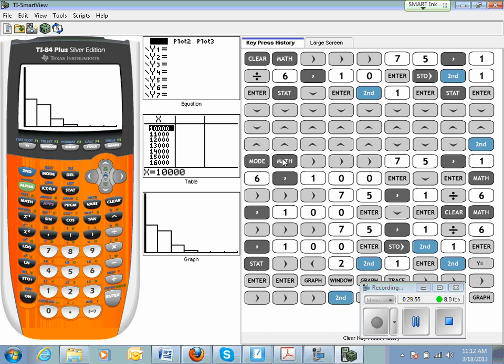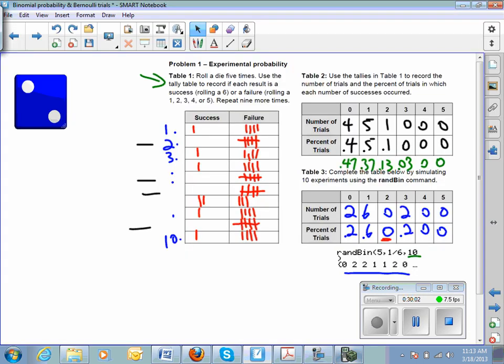53 zeros. Okay, so that's fairly close to what my outcome was. 36 ones, 8 twos, and 3 threes. All right, and that one was dead on. So your numbers and mine, when we ran 100 trials, were, I guess I should have put that down here, but I don't have room. But with 100 trials, our numbers were fairly close.